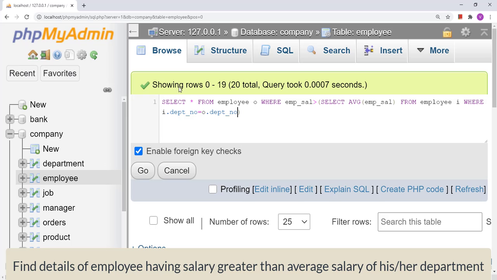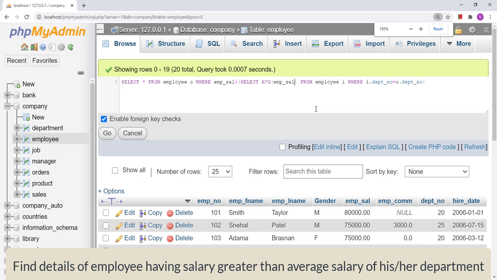This is going to compare the department number, and based on that it is going to calculate the average, and then the outer query is going to compare employee salary based on the average of each and every department. So I hope you got the working of the correlated subquery. Let us click on the go button and see the result.